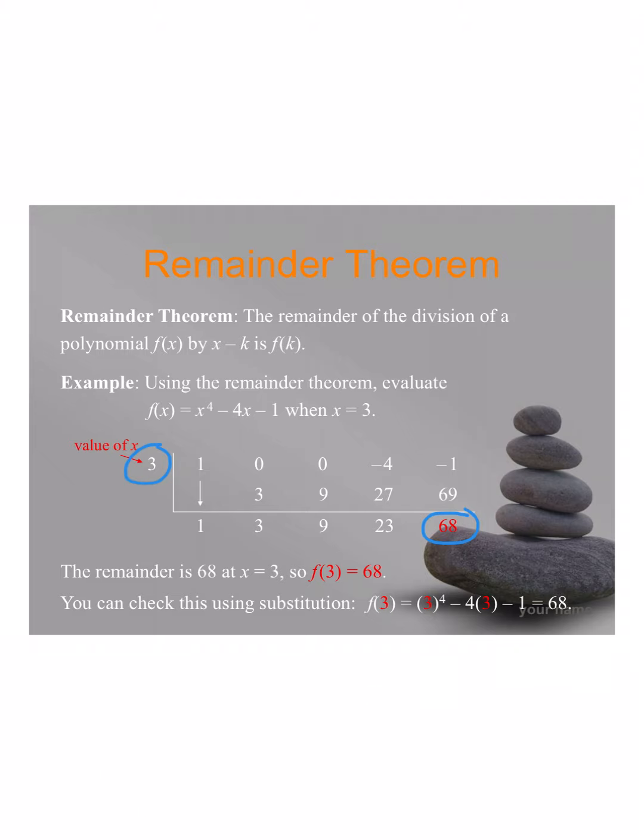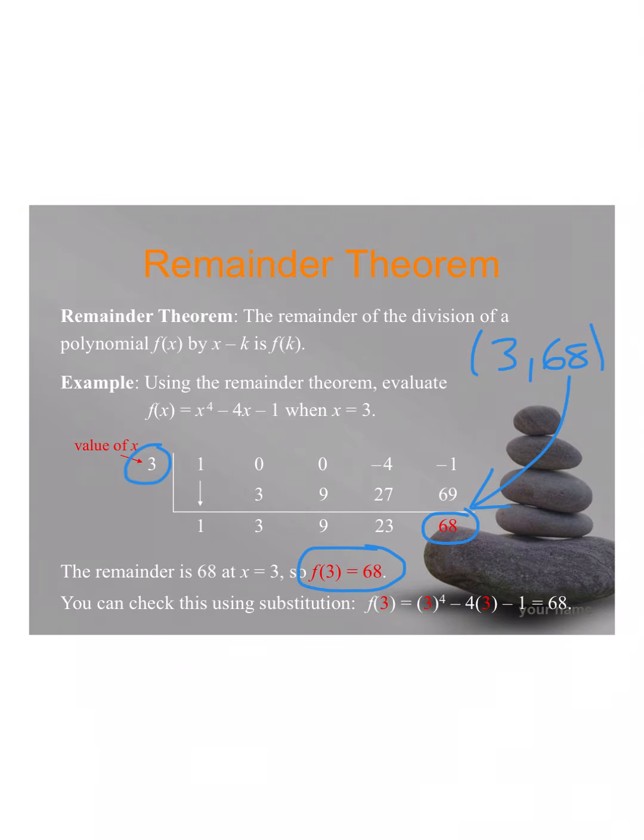And what that tells me is, if I were to just take 3 and plug it into my equation initially, I would get 68. So a remainder is always going to help us figure out kind of an ordered pair. If I look at this, I plugged in 3 to my function, I got out 68, and again 68 was our remainder. So it's kind of helping us pair up x and y values. It's kind of a neat trick, and we can always use this to check to make sure we've done things